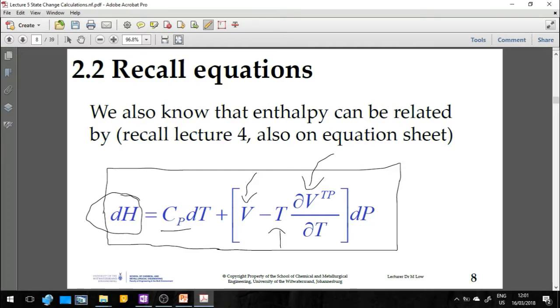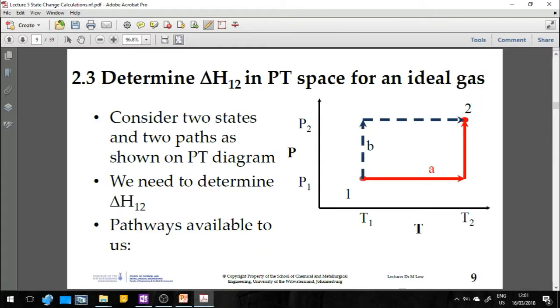Right. So the point of this section was to show that for an ideal gas, CP is not a function of pressure, and that delta U is not a function of pressure, but delta S is. So you could consider two paths, and using this equation here,